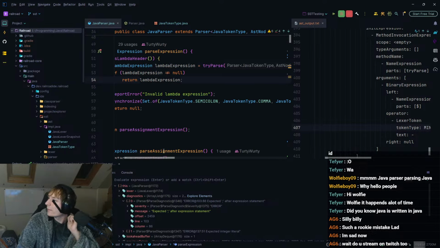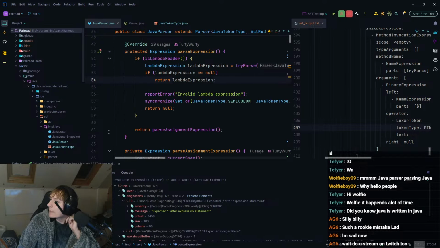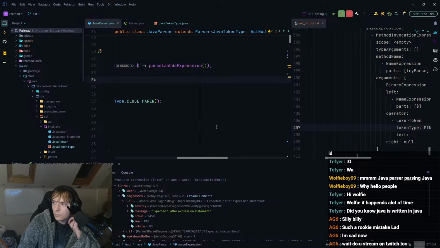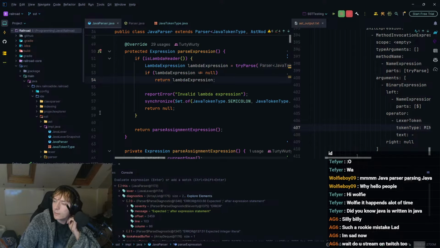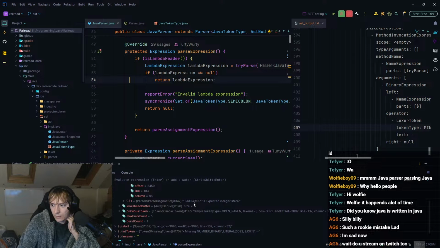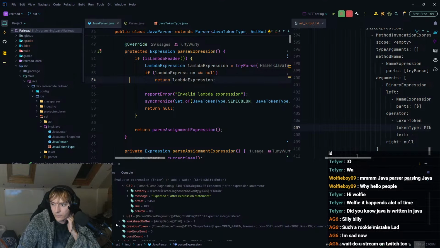That makes me think that most likely it's still being caused by the lambda. Well, it is, yeah, we know it. Well, no. Do we know it is? I guess we don't know that it is. But it could be. And then it's expecting an integer literal for some reason.